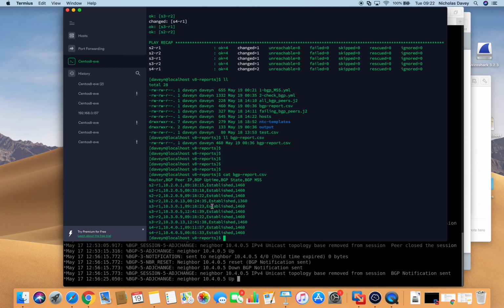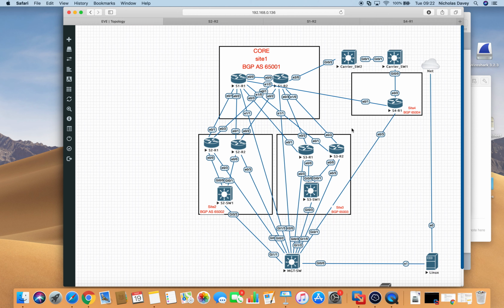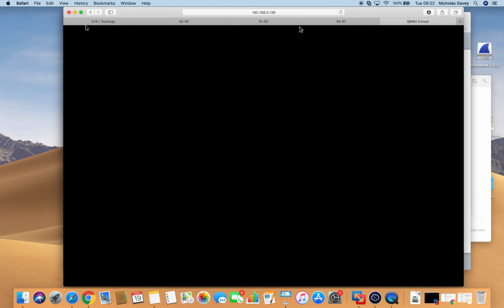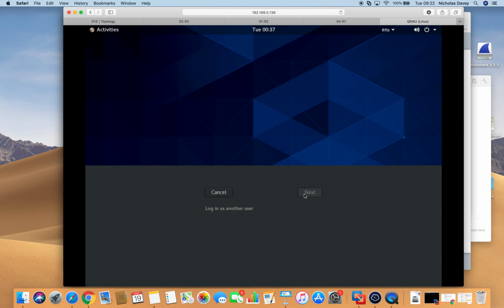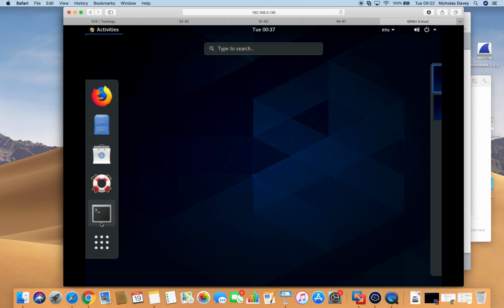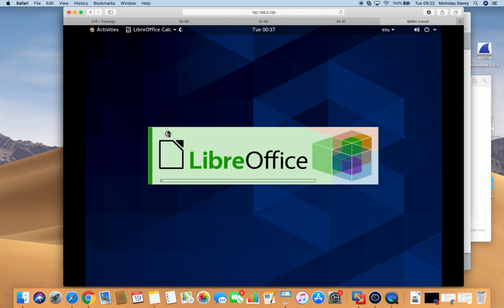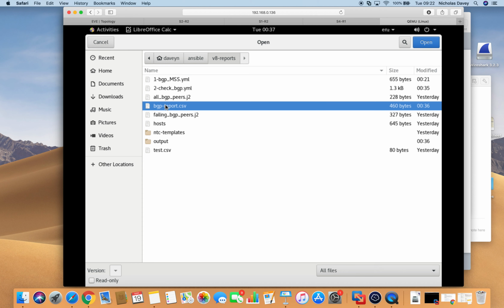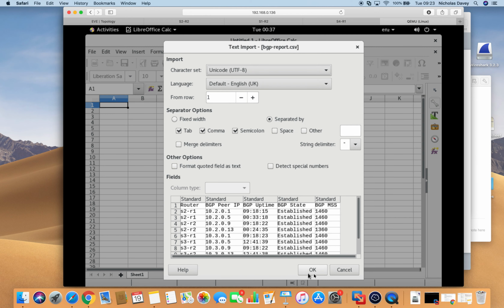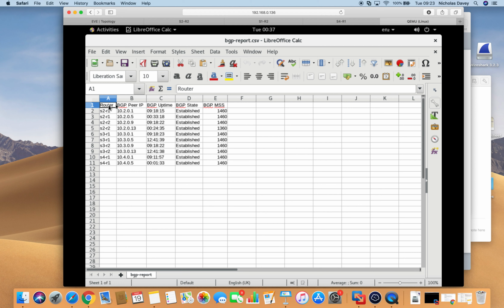maximum segment size. So if we were to go back to the Eve topology and connect into our Linux box, on here I have installed LibreOffice Calc, which is like Excel, and then we should be able to open that file up. So that would be this one. And just say OK. And now we have all our information nicely in Excel,